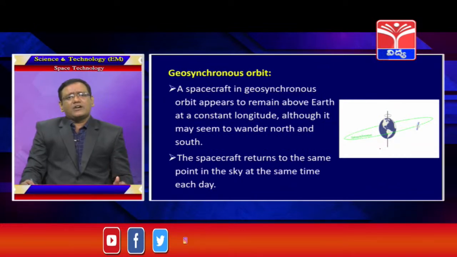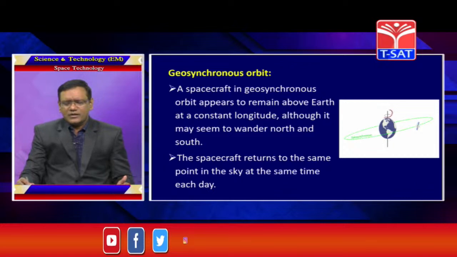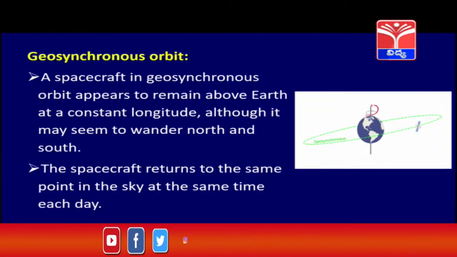The spacecraft returns to the same point in the sky at the same time each day, because the Earth revolves around on its own axis, and the satellite is also moving around the Earth's axis, and both have